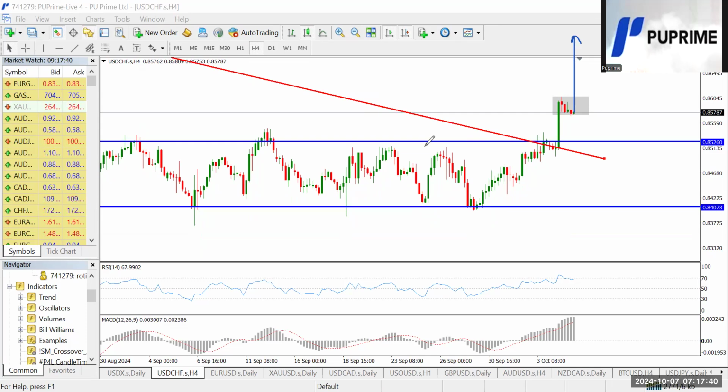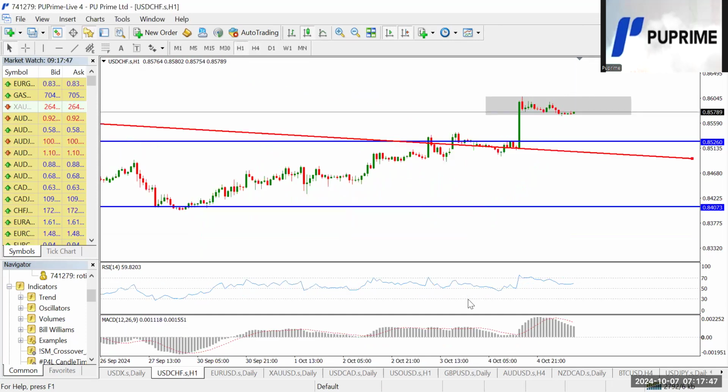Now, it can happen on either the 1 hour or the 4 hour. The entry time will be based on our individual preference. That's the 4 hour. This is the 1 hour. On the 1 hour, we may see a breakout, a retest, and a further continuation. So however it comes, whichever time frame, we can look at taking a bullish breakout, taking a buy trade on the USD CHF. Now, for the USD CAD,